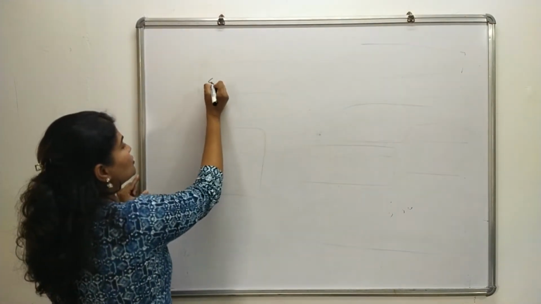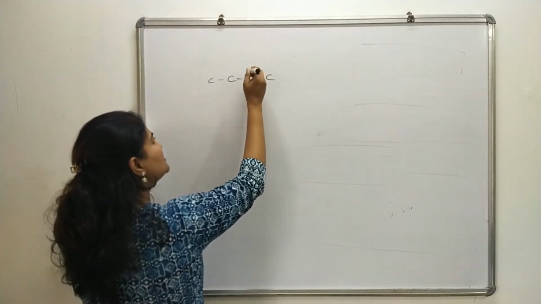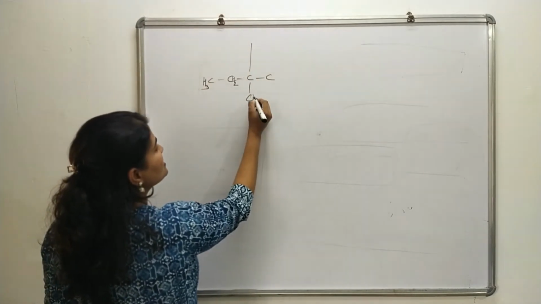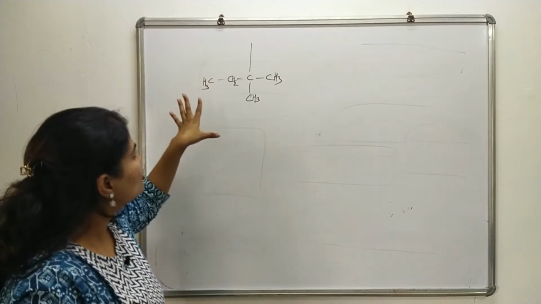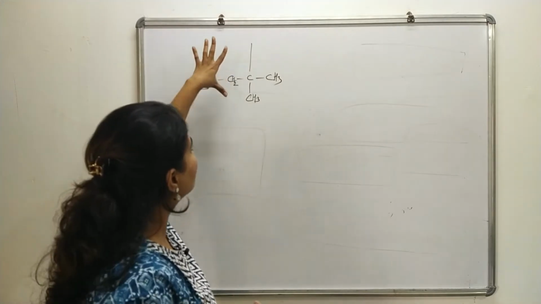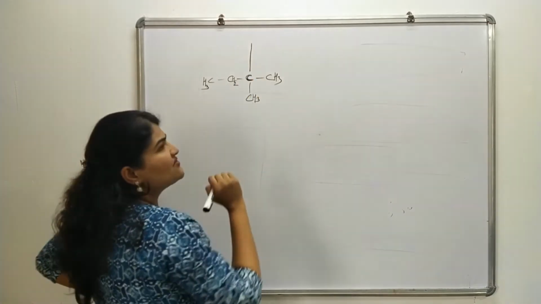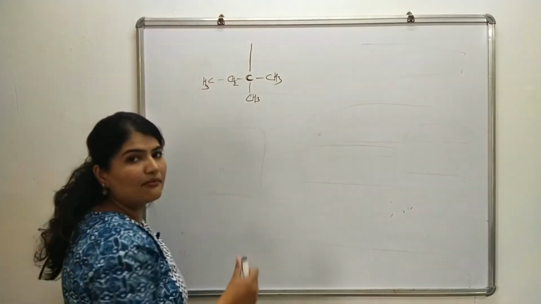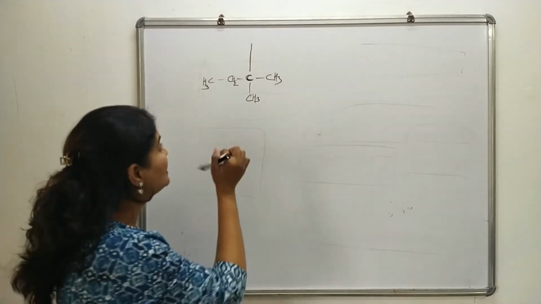So look here, suppose I have 1, 2, 3, 4, 5 and the substitution is open here. I will write the hydrogens: CH3, CH2, CH3, CH3. This is the alkyl group which I want to name. Now for this there is no common name available, so I have to go with IUPAC nomenclature. What I will do is figure out from where the substitution is opened. So this carbon, where the substitution is, is very important. I will consider this carbon as number 1, and then I will figure out the longest continuous chain of carbon atoms starting from this carbon.